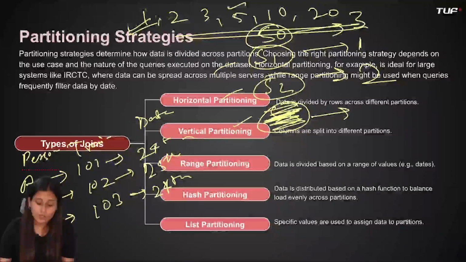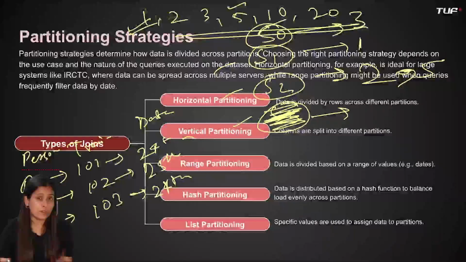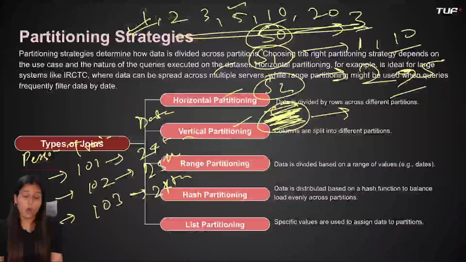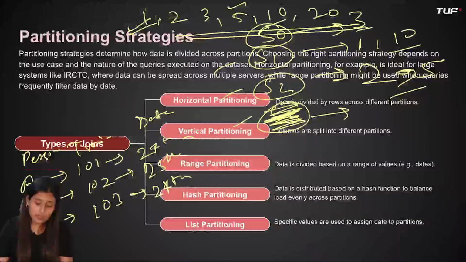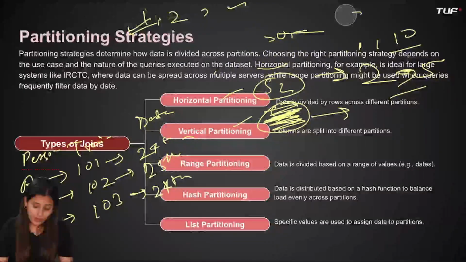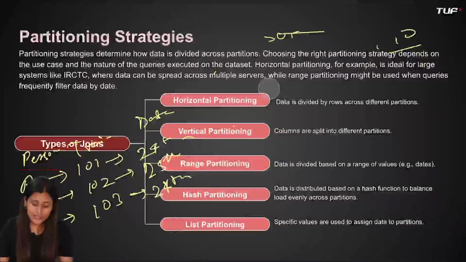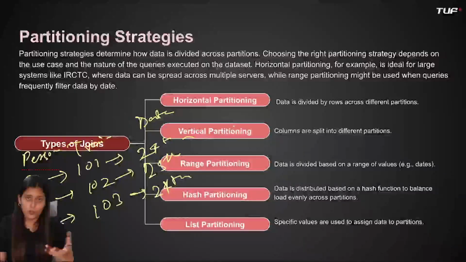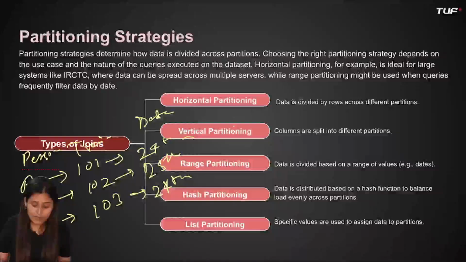Again 5. So 5 modulo 3 means 2. It will go in server number 2. Again 10. 10 modulo 3 means the remainder is 1. So it will go in server number 1 and so on. This is how we actually save the data on the basis of hash. So here also we will do the same thing in case of saving the database based on some column. We will pick out some column and value, apply the hash function, and save the whole row's values accordingly.